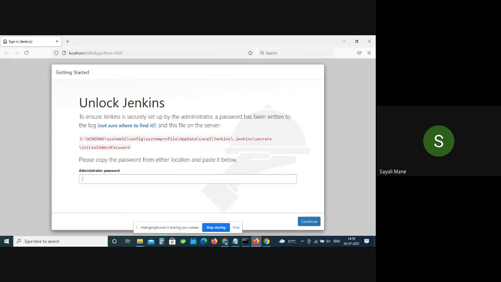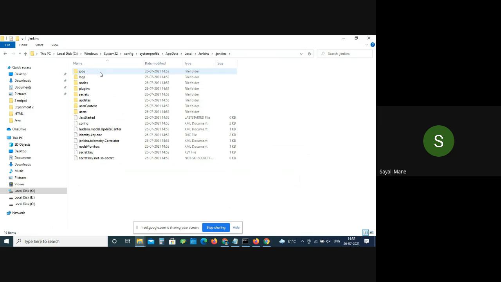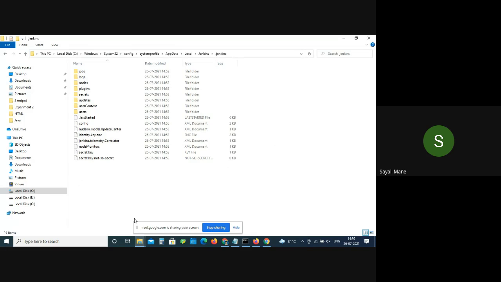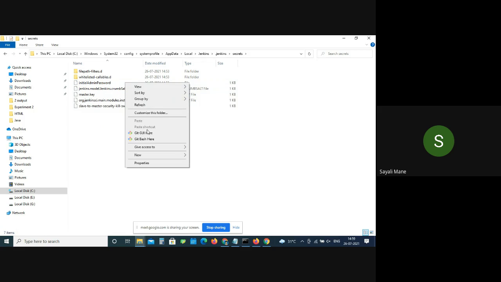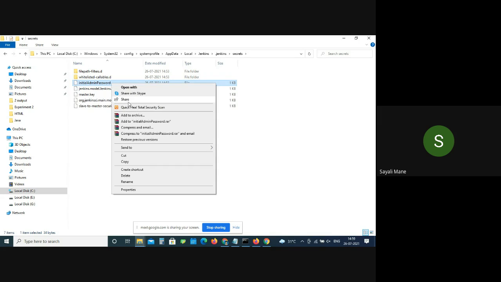Then what is the next one? Again Jenkins. This is the first one, yeah. Then secret was there, right? Secret, yeah. Then initial password, see. Admin password, the third one, I guess. Yeah, open it, it's a text file. So in that there is a key.